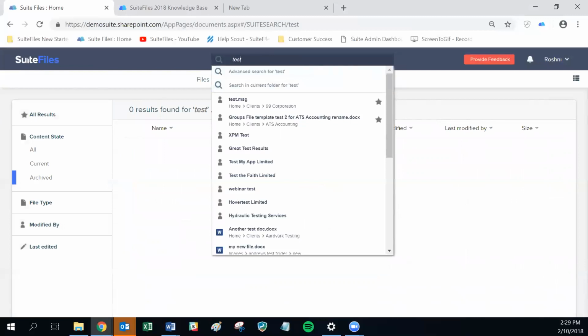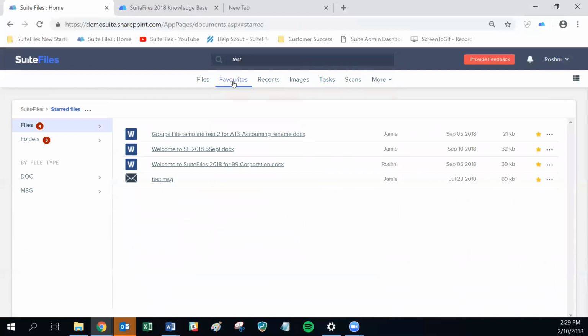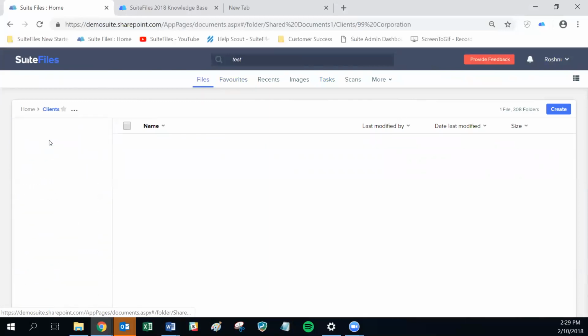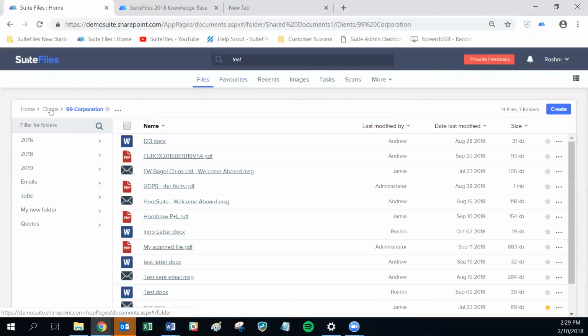And we've got 2 other ways that can help with your navigation, which are your favorites and your recents. So these ones are pretty useful in terms of just being able to access things that you work on regularly. So say if you have a client that you're working on coming up, you can navigate to their folder and click on it, and then to the right of their name in the breadcrumb up the top there, that star here, if you click that once, it's going to turn gold,